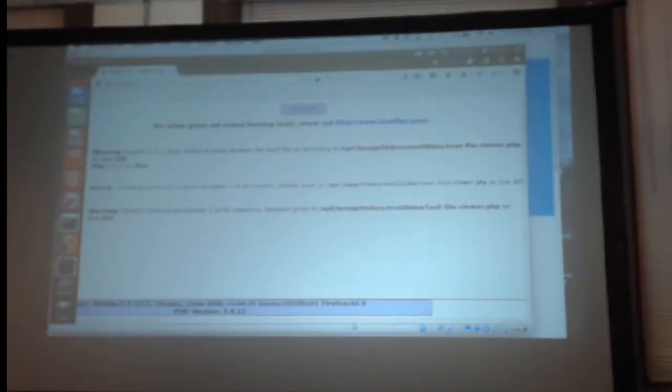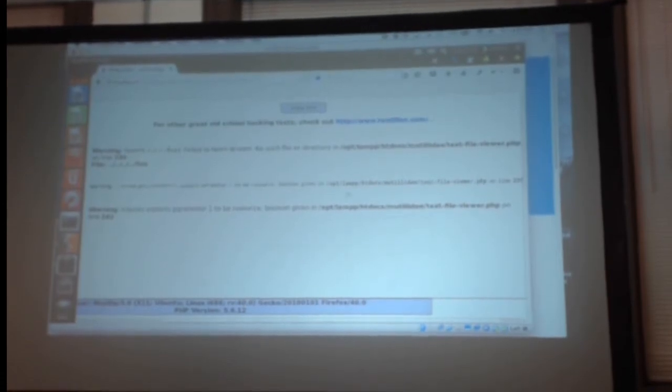Notice the next thing on the sheet, which I keep forgetting the people online can't see. So folks online,